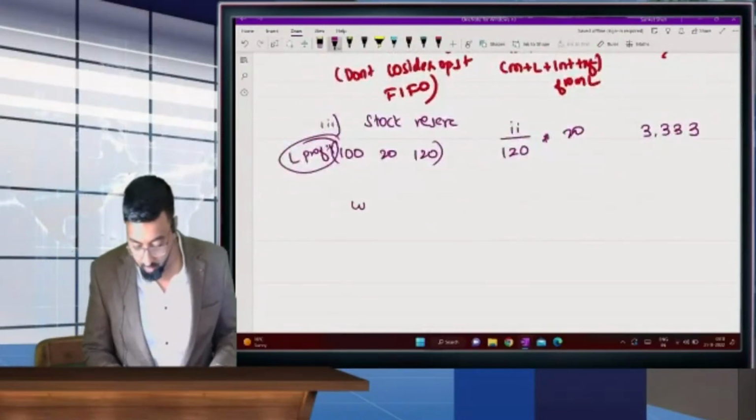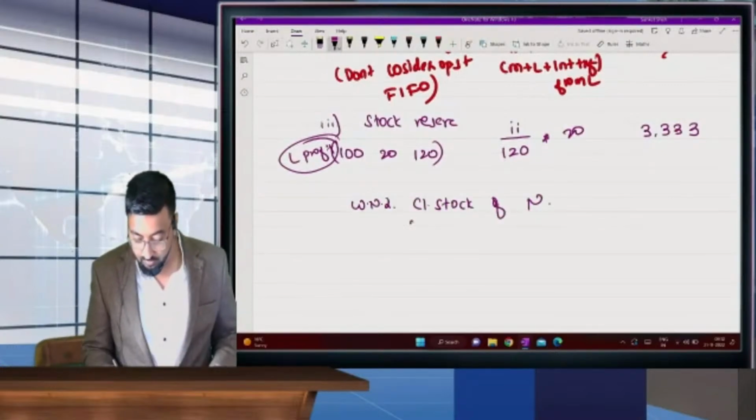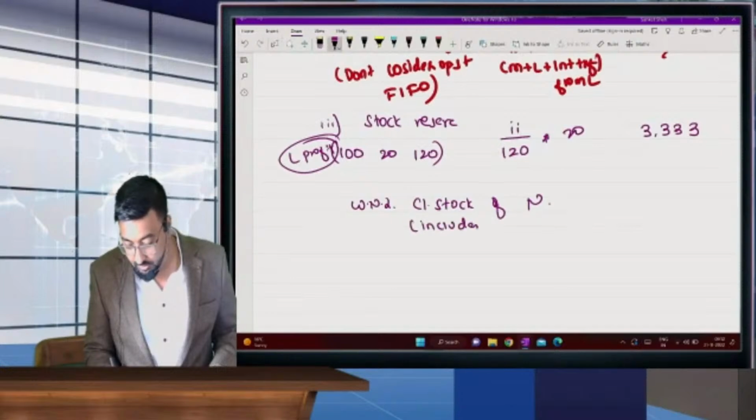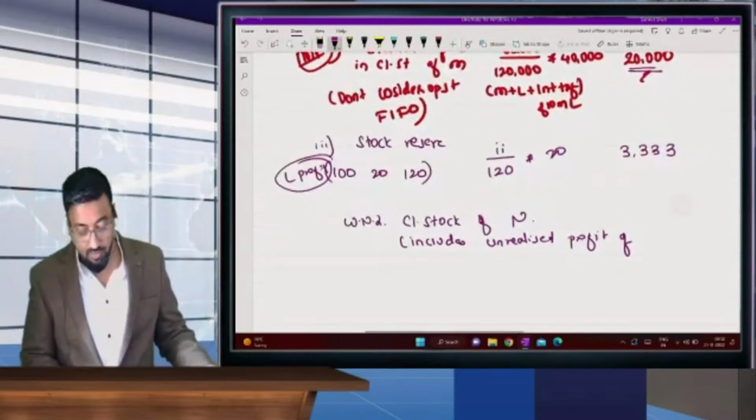और एक वर्किंग नोट आएगा, क्लोजिंग स्टॉक ऑफ एन इंक्लूड्स अनरियलाइज्ड प्रॉफिट ऑफ, यस बेटा, फिल इन द ब्लैंक।